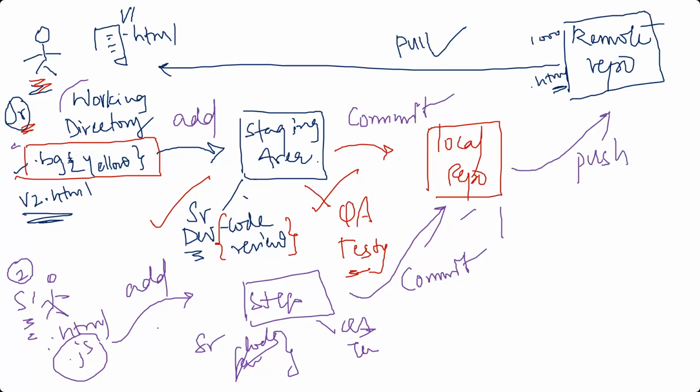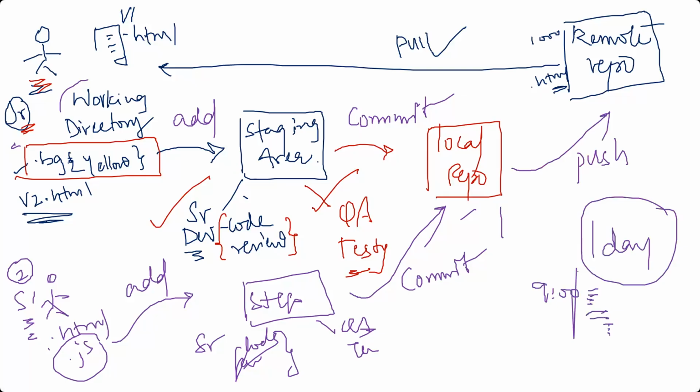This cycle, pull, add, commit, and push, typically is done once in a day. Imagine all the developers start their development at 9 a.m. When they start, all of them will do pulls. Then they do the changes. Then in the staging area they add. Code reviews happen, testing will happen, and they commit to the local repo. At the end of the day, like 9 p.m., there will be a job which will merge or push all the files into the remote repo,